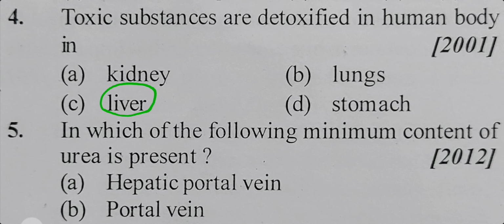See here, whatever blood is coming from either the stomach or intestine has to pass through the liver. When it passes through the liver, the liver produces a fluid called bile juice, and that will help in carrying away the waste products from the body. So now we'll move to the next question.